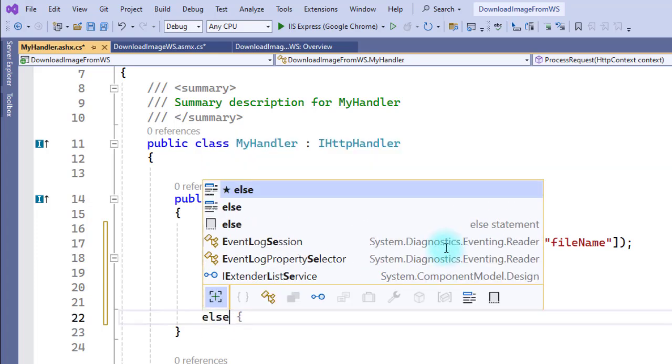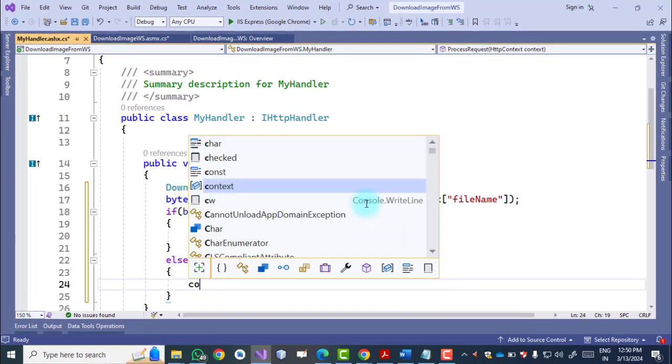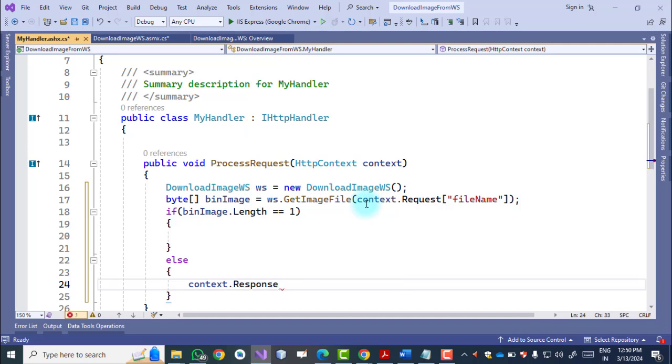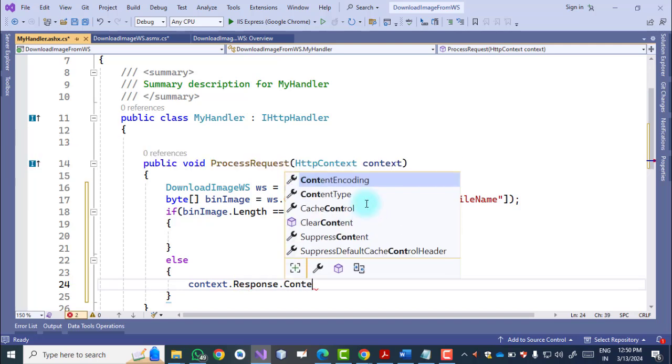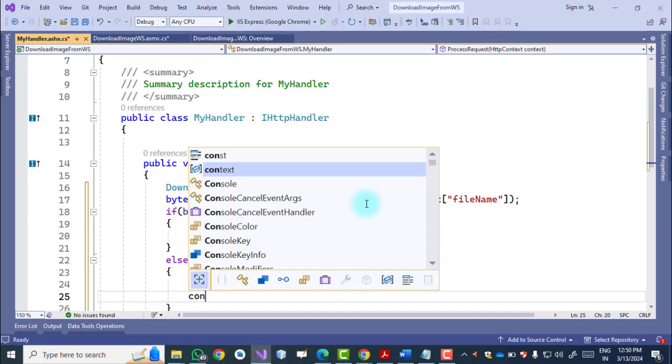Else, यहाँ पे हम लोग context dot response dot content type equals to, we set the type of the image as image slash JPEG. This is my content type, and now we send this file as a response.